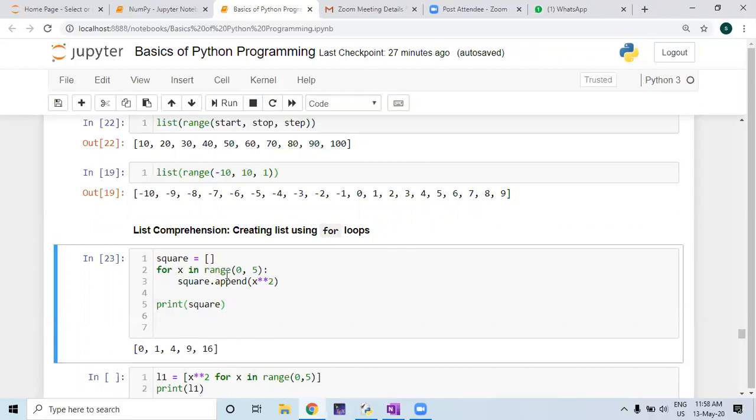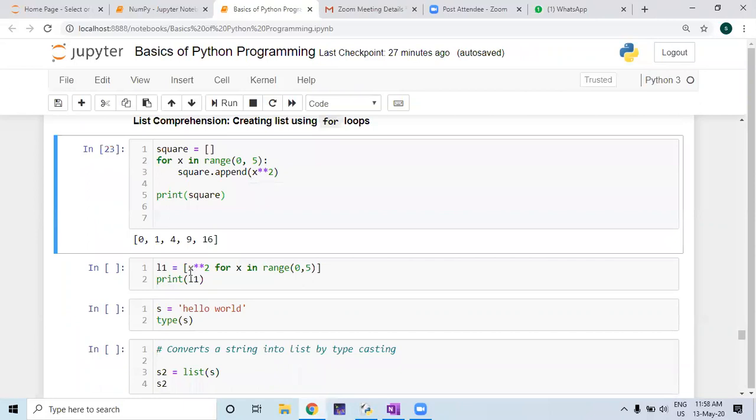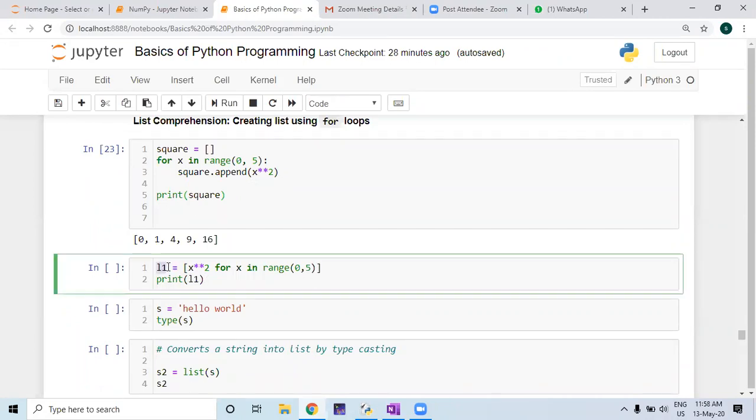Now this particular code you can write in this way also. L1, it is a list like this. Instead of L1, to maintain continuity, I can write square, suppose. So you are writing this code. What do you want? Square the element, x square. What values will x take? x will take values in the range 0 to 5.